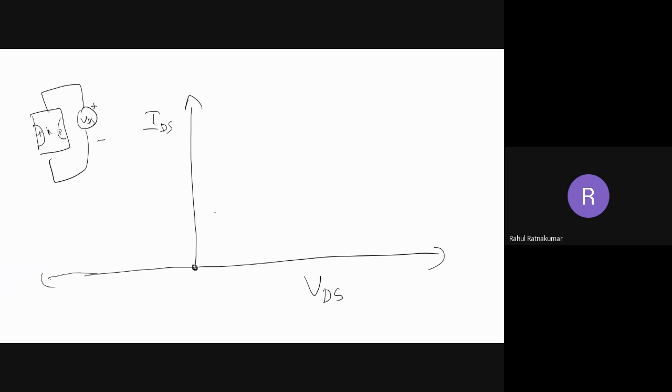Okay, so this is my VDS. Initially it is zero. Now, if I increase my VDS, what happens? Definitely there will be current flow. Now the pipe is